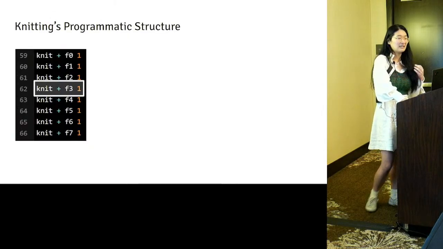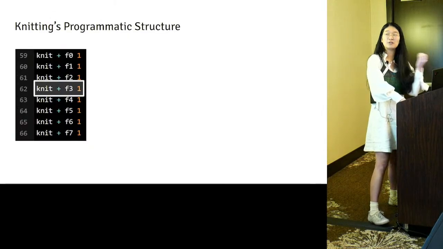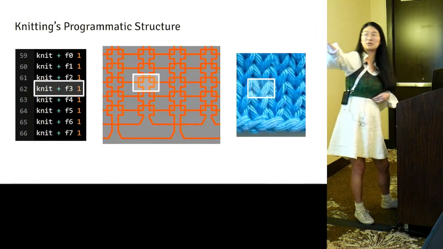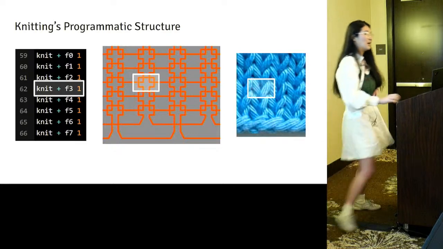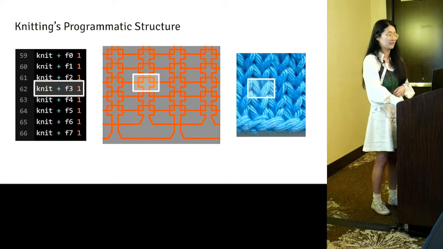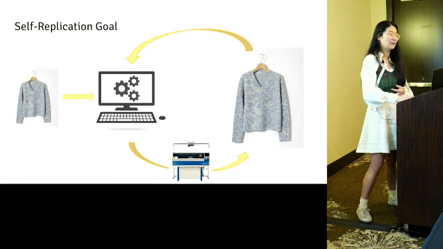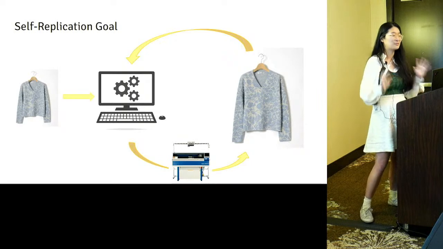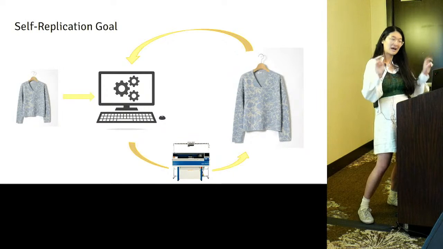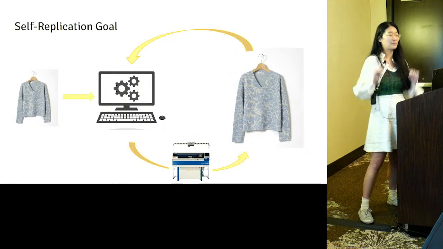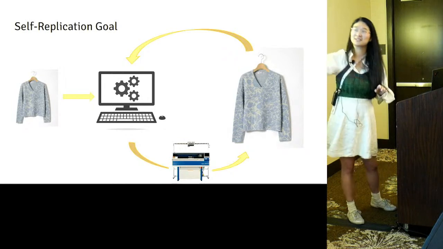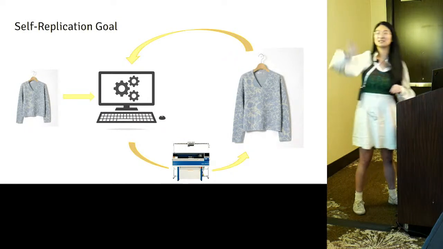which is that in knitting, you can often trace the input, like the knit instruction, directly to the output of the instruction. So here you've got this knit instruction. It is producing this knit stitch. And so in a way, the final knitted object is kind of encoding a programmatic structure within it. With this perspective, we can imagine the behavior of these self-embedded objects is kind of like this. You start with a knit object, and then you compile or execute it to self-replicate, and then you get another knit object, and then you can compile or execute it to get another knit object, and so on and so forth. And you could produce infinite sweaters.